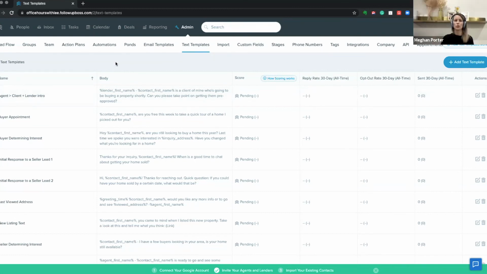It'll point you to a spammy text. You'll see a notification if something needs to change. To Lee's point, it's color coded. It'll be really, really obvious. So if you see that, definitely change that template. But this is happening automatically for you.